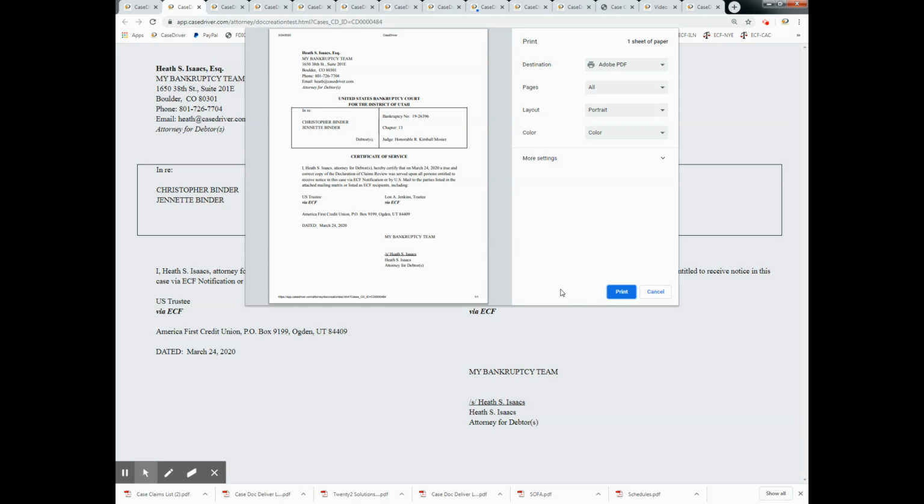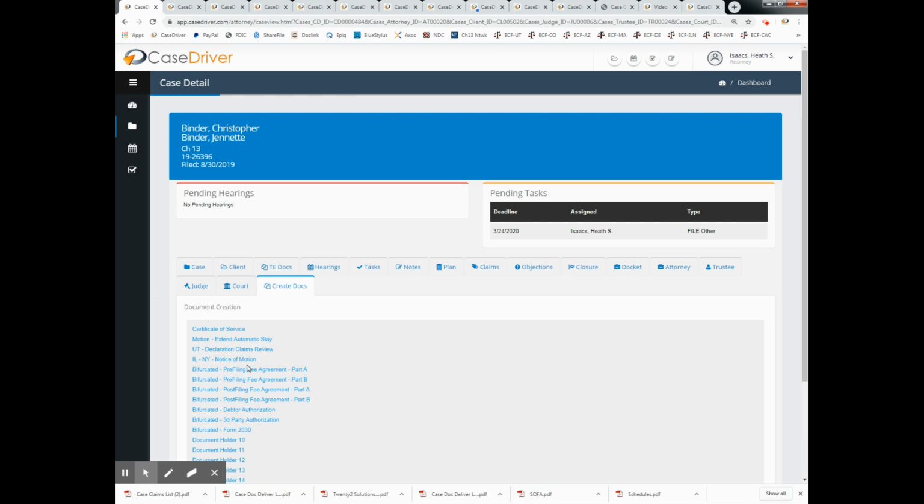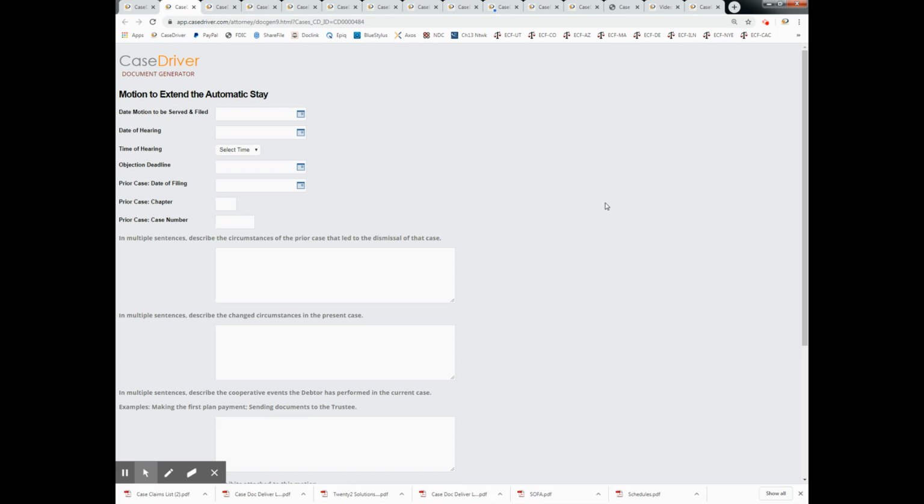Let's go look at a customized form that CaseDriver can perform for us. This one's a little bit more intense. We're going to file what's called a motion to extend the automatic stay. Classic questions that we need to answer in this motion are: when was the prior case filed? That data is entered right here, that chapter, the case number. We select the time of our hearing, we select the date of the hearing, and the date that we're serving